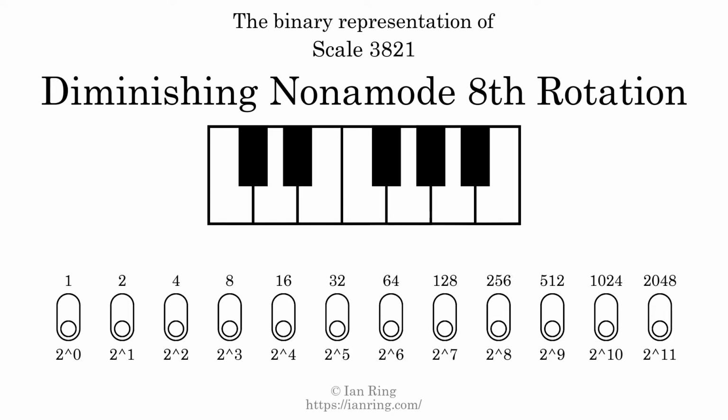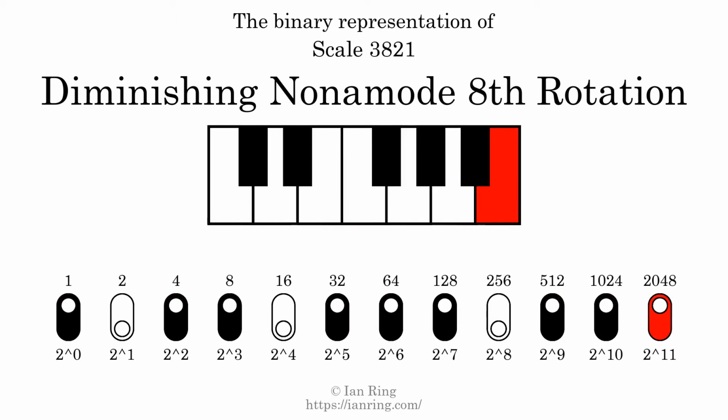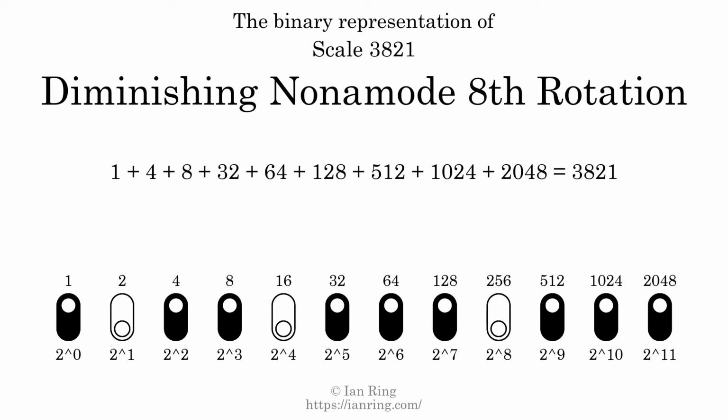The binary representation of this scale is determined by mapping tones of the scale to binary digits. Each binary digit represents a power of 2. To get the scale number, we add the powers of 2 together. The powers of 2 that are present in the scale, all added together, equals 3821. That is why the scale number, in decimal, is 3821. The scale number not only enumerates the scale with a unique index, but it also literally describes the tonal content of the scale. Represented as a binary number in base 2, the scale number is